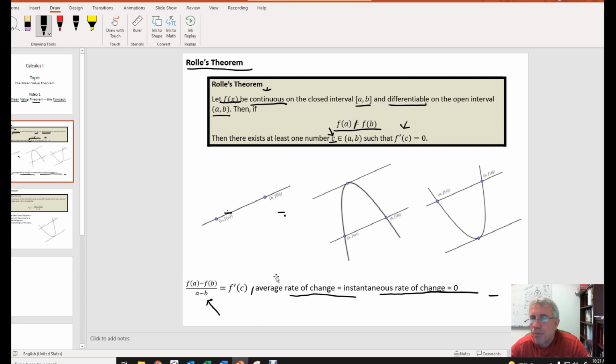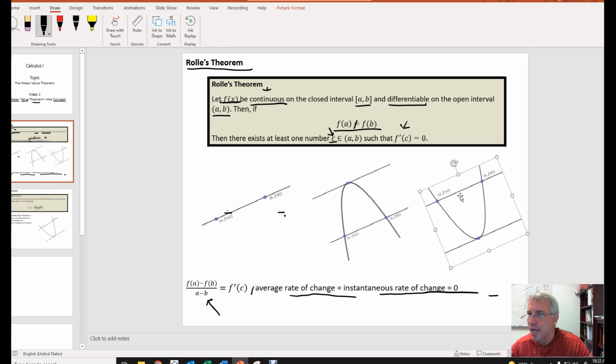So say that one more time. If f of a isn't equal to f of b, or we allow for the possibility, we don't require that f of a equal f of b, Rolle's theorem would change in the sense that we would be making the claim that the slope of the secant line right here, or the slope of the secant line right here, or